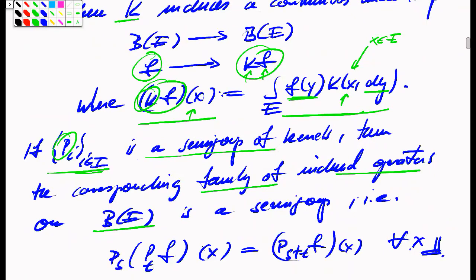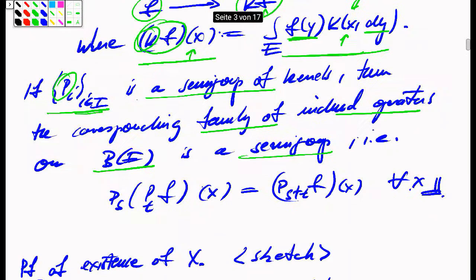You find that this family of operators constitutes a semigroup of operators, which is to be understood as follows. If you take two time points s and t, and if you evaluate the operation for one of the time steps, p_t, on the function f,